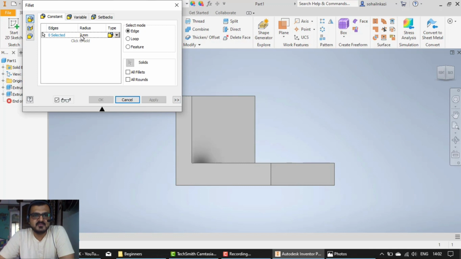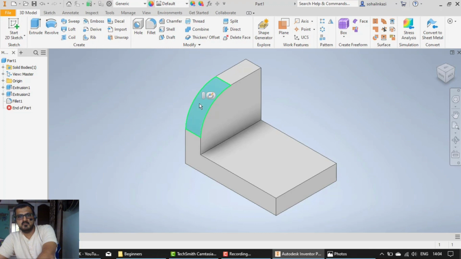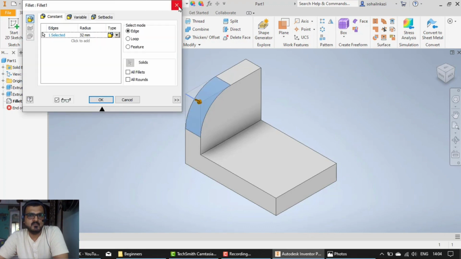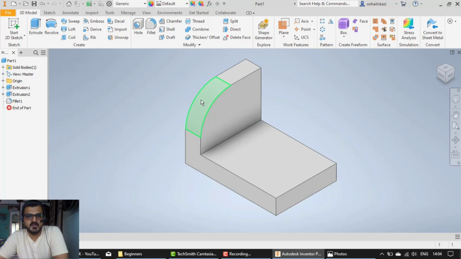Radius you will give 32. So the fillet part has been done.